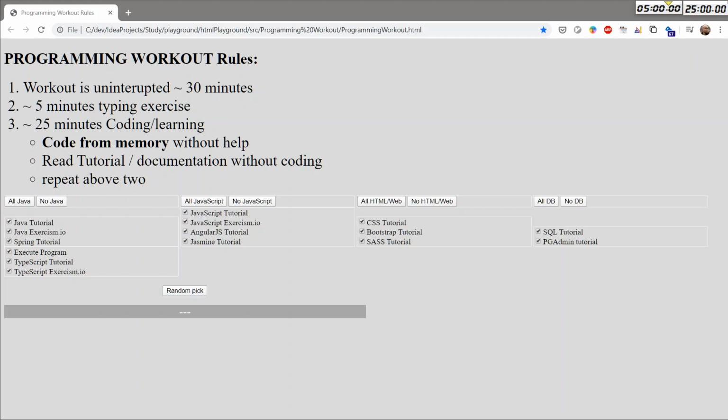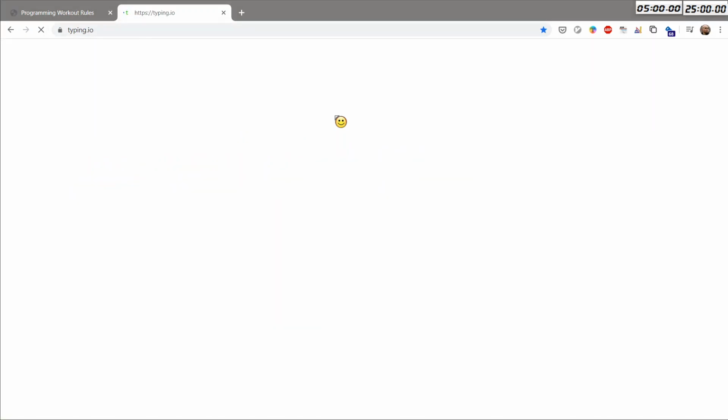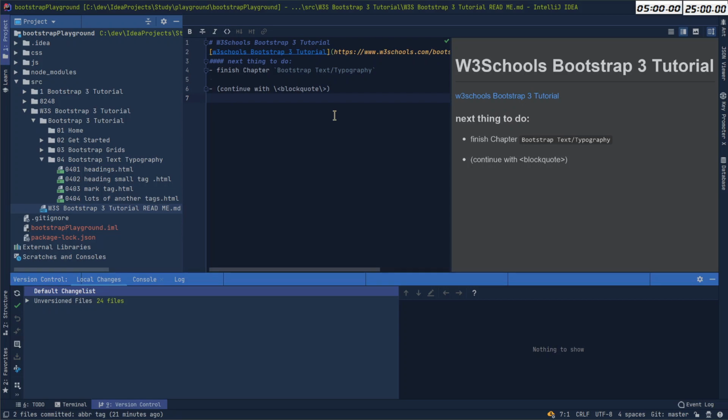First, I will be 5-minute typing and then I will do a TypeScript tutorial. Alright, so we load this guy. I change to another project and that will be,